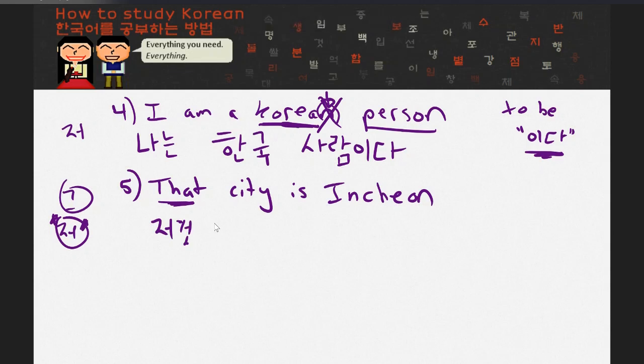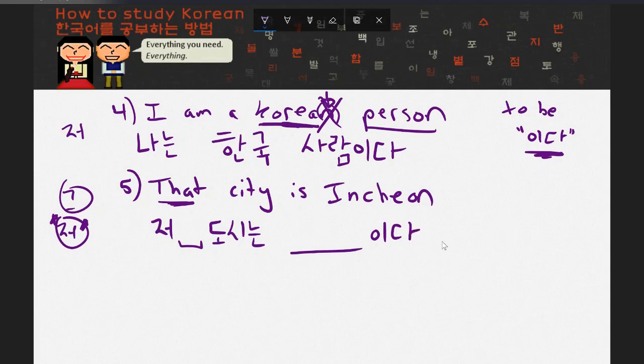저 것은, and that would sort of say that thing, which doesn't really make sense in this situation because it's not really a thing, but in theory, you could do that. That's not what I want to translate, though. I want to indicate that it's that city. So there should be a space here, and the word for city is 도시. 도시. That's the subject of my sentence, so I'm going to put 는 on it. Now, just like all the previous sentences I've seen in this video, I want to put something here and then ida. Now, I'm indicating that that city is, and something has to go here,